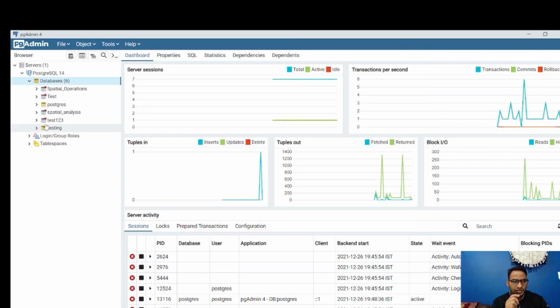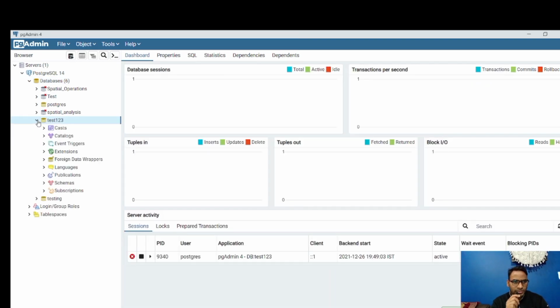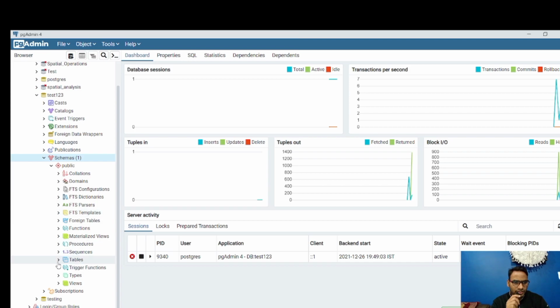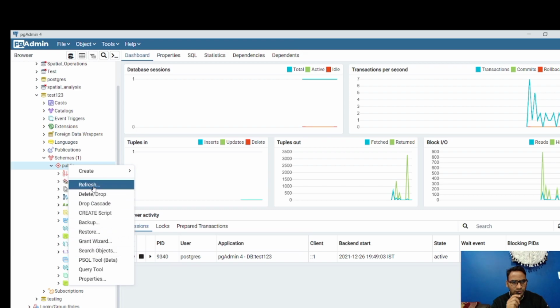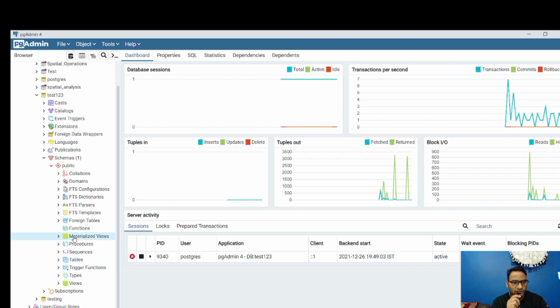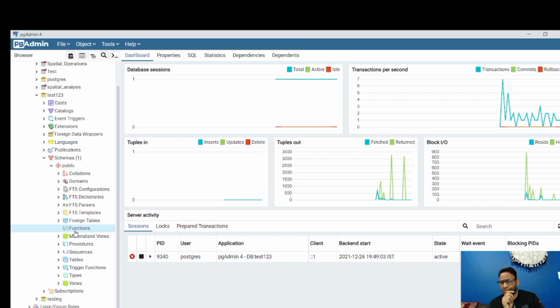That is created here. Just click on this, go to schemas, public is there, then go to tables. There won't be anything in tables, and there's a section of functions over here. If you click on functions, there's nothing available. Even if you refresh this section, you will not find anything, because for this we need to run a query which will make the functions compatible as well. This is all done from pgAdmin.